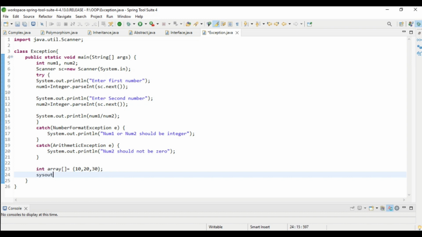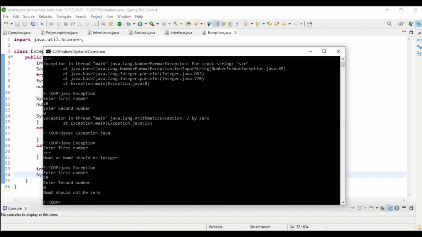But if we print the array element of index 3, it is not available: 0 index, 1 index, 2 index, and 3 index is not available. If we execute the code,